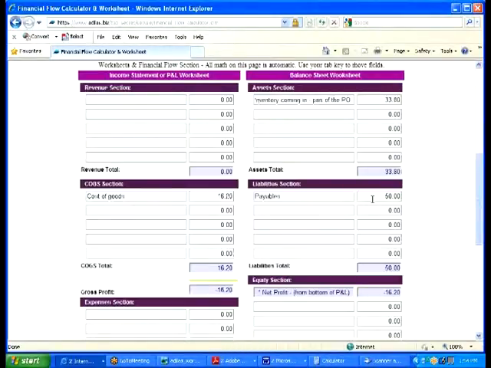Now, depending on how quick you're trying to keep this up, depends on how you want to do that. There's other ways to do it. You could have originally made your PO just for $33.80 and then just hammered in the, so instead of putting everything onto the PO and then backing it off of that, you could have just said, I'm not even going to put it on the PO, then I'm going to just have this piece, and then I'm going to record this other piece that I owe. You would still owe it as the same vendor, but instead of putting it into inventory, you would just put